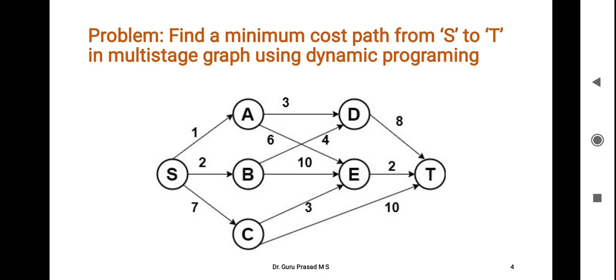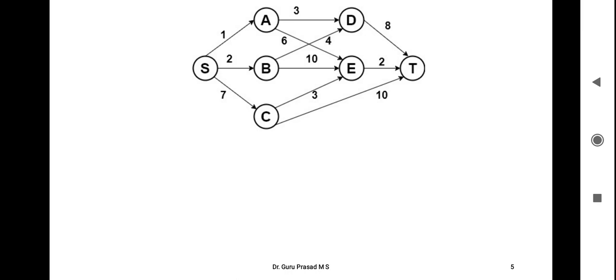Problem: find a minimum cost path from S to T in multi-stage graph using dynamic programming. To find the shortest path from S to T, you are using equation 1. From the vertex S, there are three outgoing edges. In that you have to choose the minimum. Distance of S to T equal to minimum of 1 plus d(A, T),